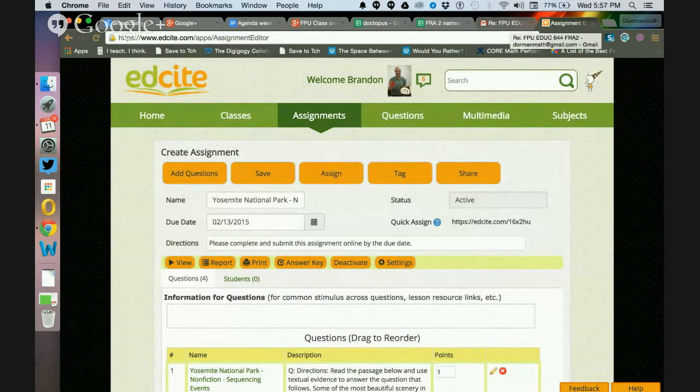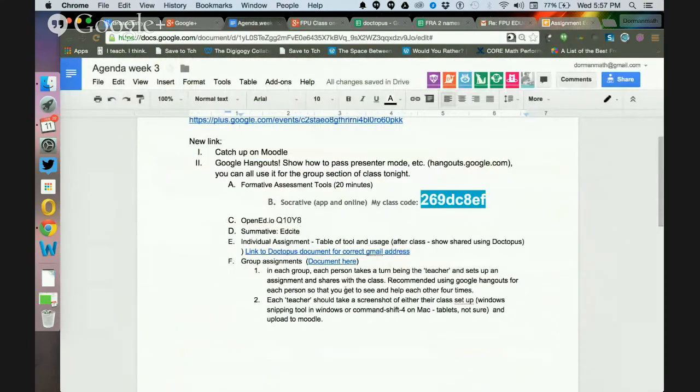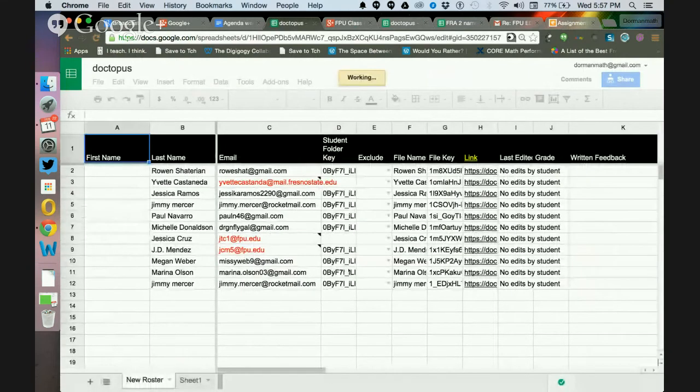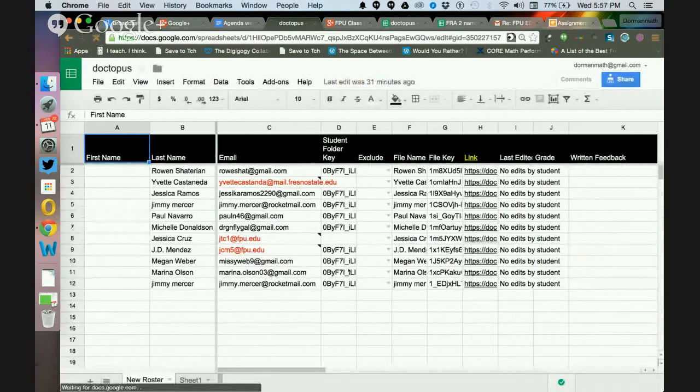And that's EdSite. And so what I need you to do now for your assignment is I would like you to go through a document that I have created. If you check your folders, you'll notice that when you click here, these are the email addresses I have of people. I might need some of you to put your Gmail accounts in there so that you can get a document. So this is editable by you. So go ahead and edit this document